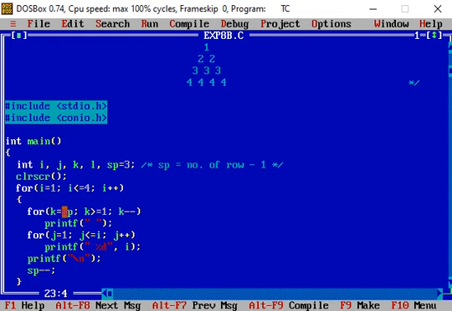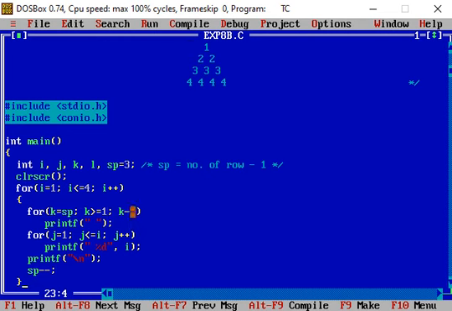This time the value of k becomes equal to 2. So 2 greater than or equal to 1, this condition is true. So again the printf statement is executed. So this again moves the cursor 1 position right, and again the value of k is decremented.